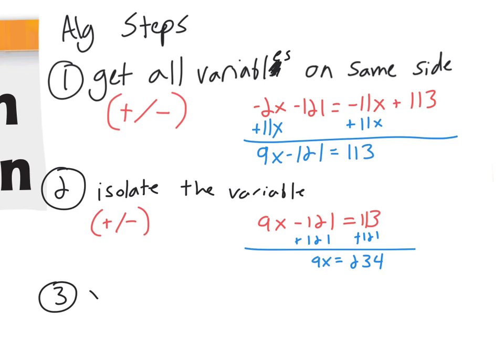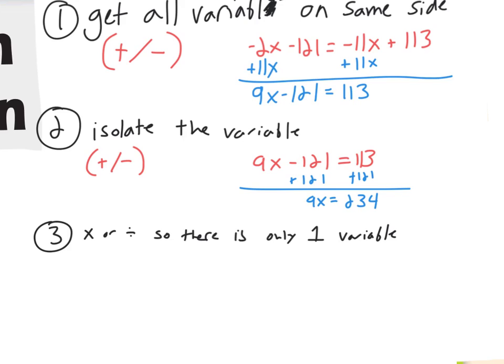We're going to multiply or divide so there is only one variable. We're going to either multiply or divide so that instead of having 9x or 1/2 x or whatever it may be, we only want there to be 1x. So to do that, we do the opposite. Do the opposite of what's happening. In our problem that we've been working on,